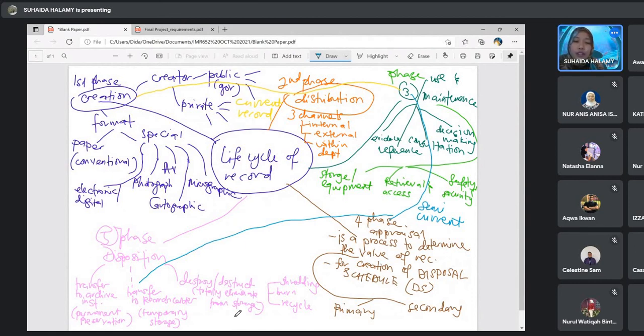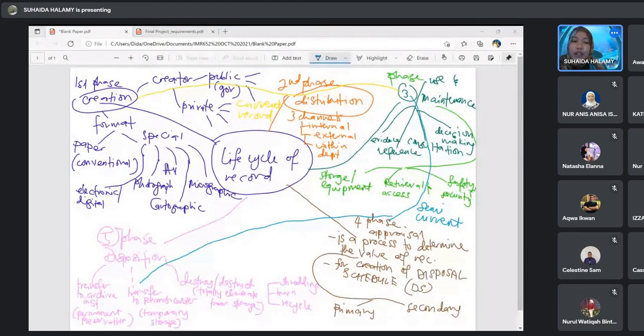So anyone can define me semi-current? Anyone? Record yang masih aktif but not frequently used. Jarang. Infrequently used. Not frequently needed.